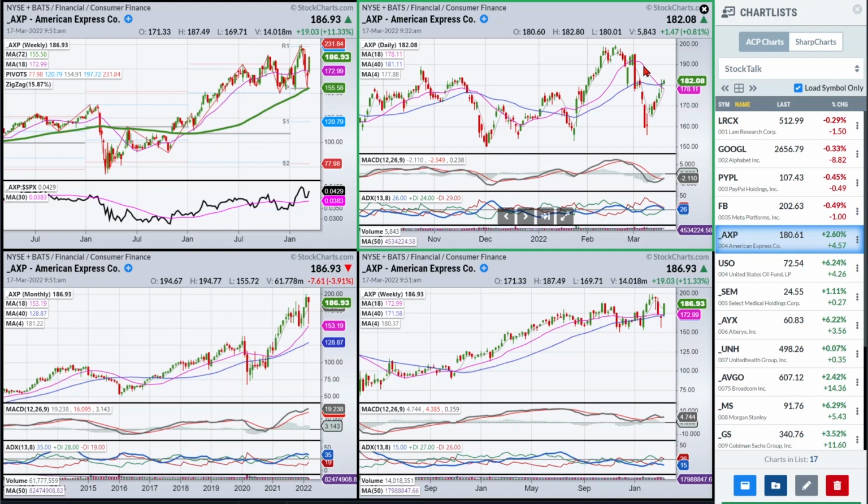You just have to be careful. Just because a price is above an 18 doesn't mean it's in an uptrend. I like to look at the slope of the 18 in each time frame to help me define that. And I like to look at the 18 in relation to the 40. So those are all these little things that I'm looking at in addition to the MACD and the ADX. But when I'm looking at just pure trend analysis, I like to look at the 18 relative to the 40. But mostly I like to see whether the 18 is rising or falling.